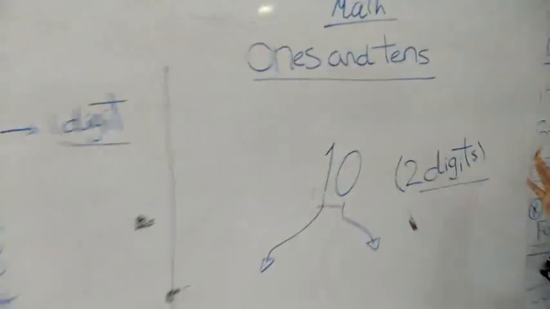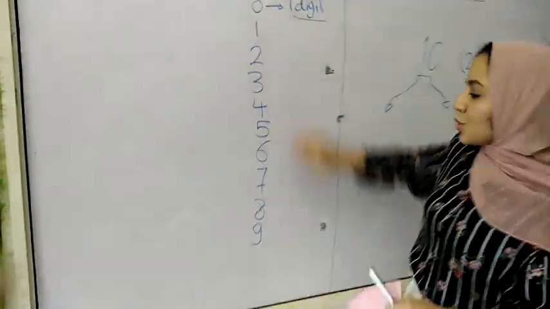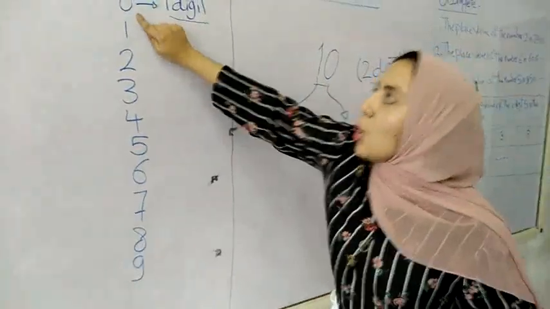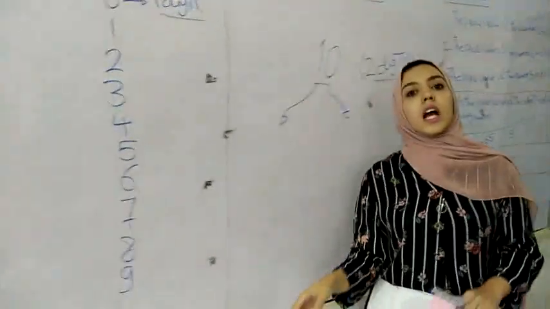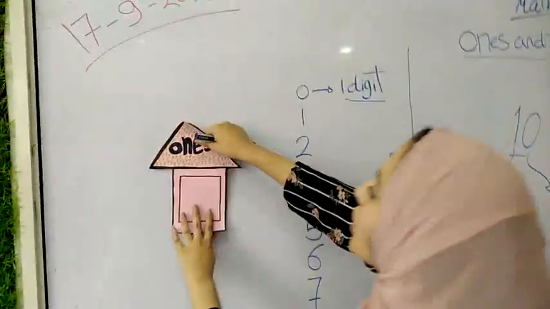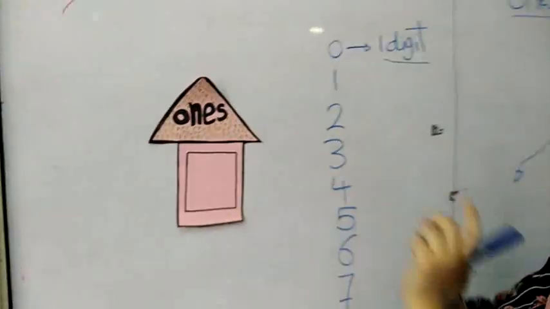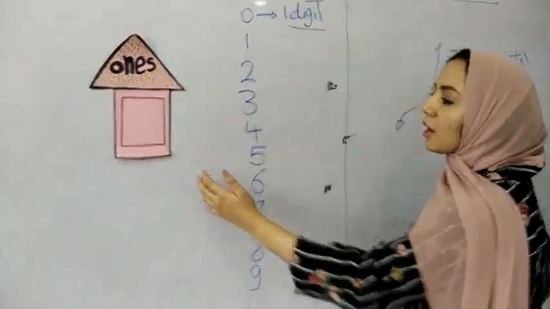Let's start with our lesson today: ones and tens place. Now numbers from 0 to 9. Each number here consists of one digit, just one digit. 0 consists of one digit and also 1 consists of one digit till 9. And each number here stays in a place. What is the name of the place? It's called ones place. So 0 stays in ones place and also 1 can stay here and 3 and 4 and 5